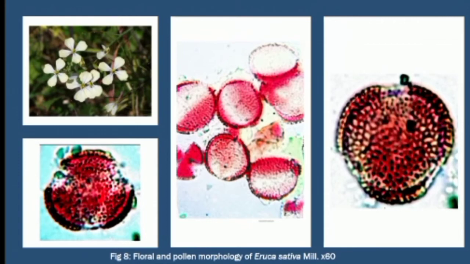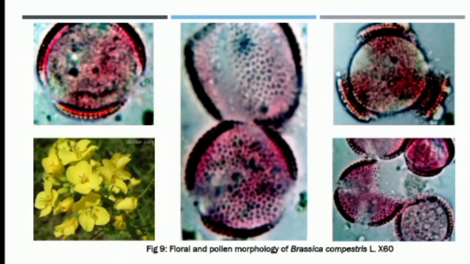Further, the floral and pollen morphology of the Eruca sativa species has been shown, and it can be easily seen that tricolpate pollen is observed. Overall shape is observed to vary from subcircular to slightly lobate, and in many specimens intine was also visible. Distinct colpi are noticed, and exine is observed to be inarticulate to perforate with 1 micrometer thickness. Further, the floral and pollen morphology of Brassica campestris is shown in the figures, and tricolporate pollen are observed. Overall shape varies from subcircular to lobate in nature, distinct colpi are noticed, and pollen diameter is 6 to 8 micrometer. Exine ornamentation varies from reticulate to perforate.